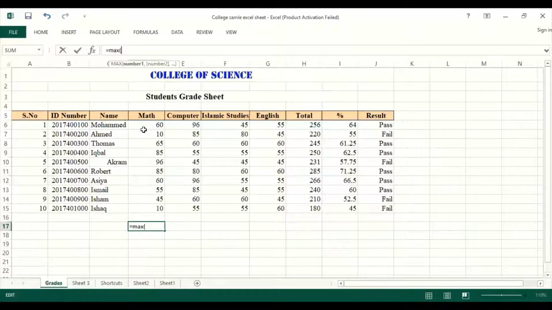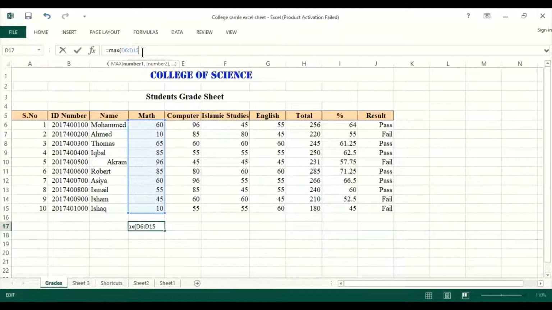I want to calculate the maximum value from the cell address D6. From D6, I have to expand the selection to D15. I want to calculate the maximum value amongst these values, starting from D6 to D15.